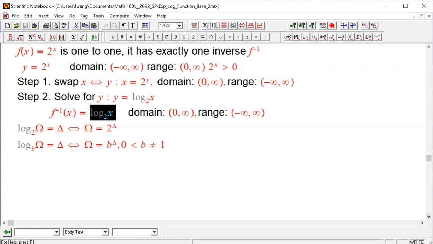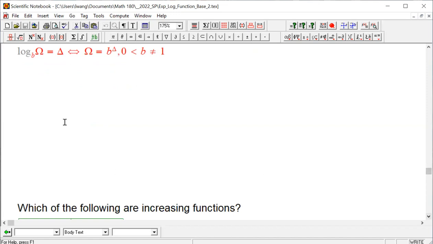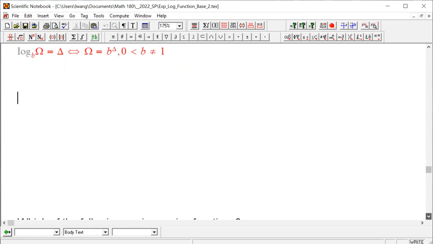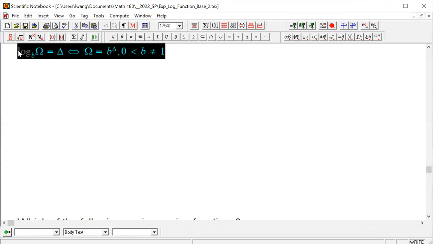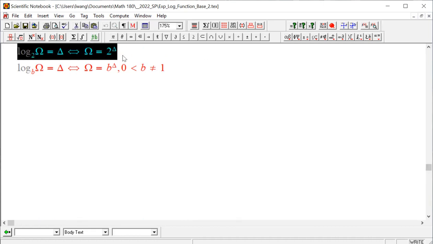Before we do the graph, I wish to review with you that usually in most textbooks, they will introduce logarithm in this form. They may use different symbols in place of omega or triangle, but this is the definition of logarithm. So in our special case, when the base is 2, that's what we have. According to this definition,